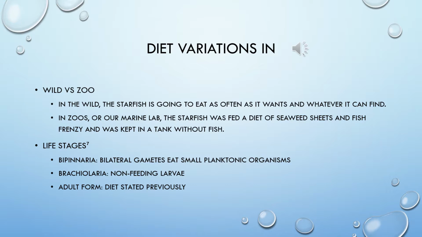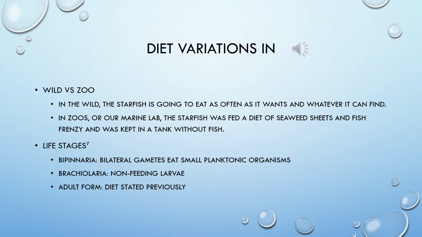So going off of my diet plan in the previous slide, there are some noted wild versus zoo variations, such as, in the wild, the starfish is going to eat as often as it wants, and it's going to eat whatever it can find. It's not going to be too picky. Whereas in zoos, it's going to have a pre-planned diet, just as in the marine lab, where we fed it just fish frenzy and seaweed sheets, torn up into small pieces, and it was kept with marine invertebrates and not fish,